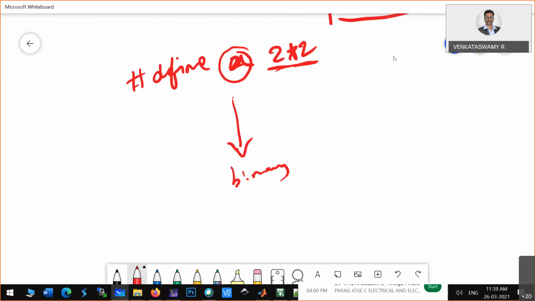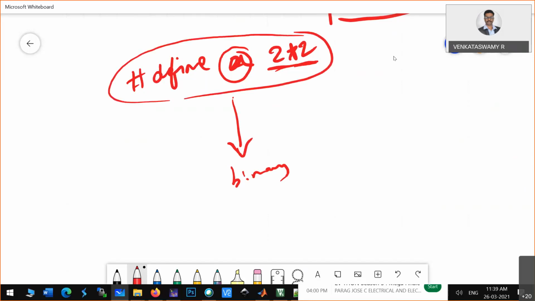You got it? Now, if you have assembler directives, that means only some specific compilers can understand the meaning of those assembler directives. The person who is creating the compiler can define any assembler directives.